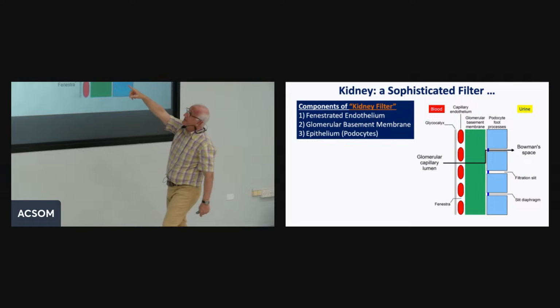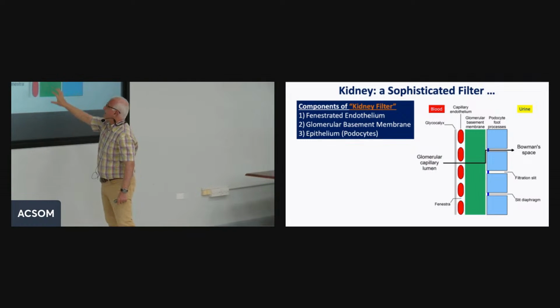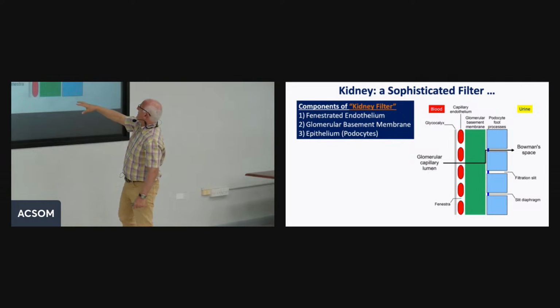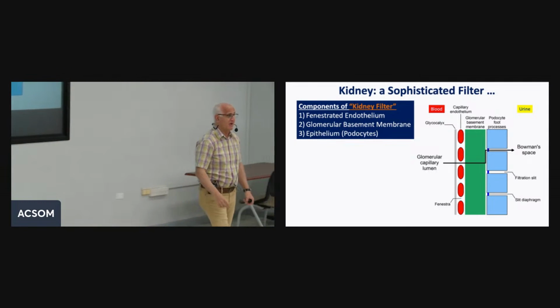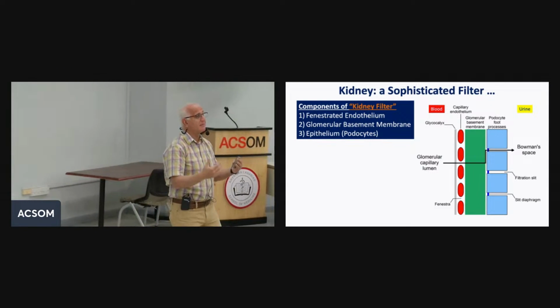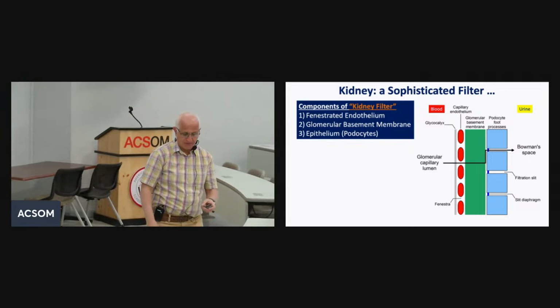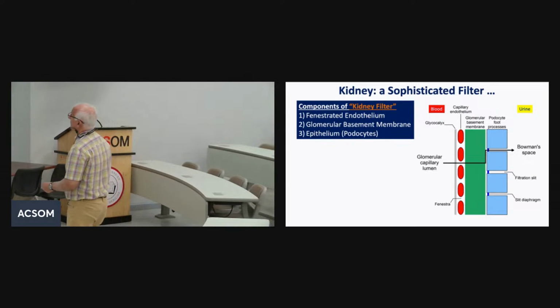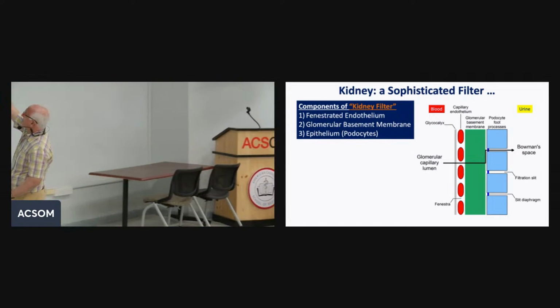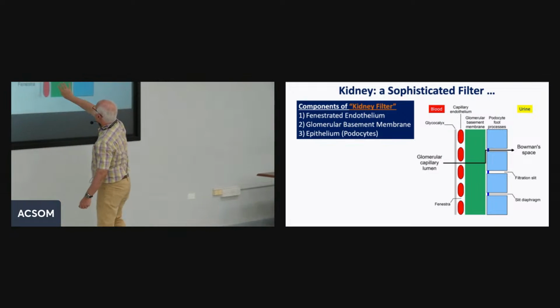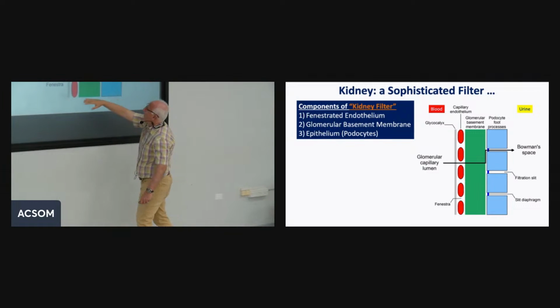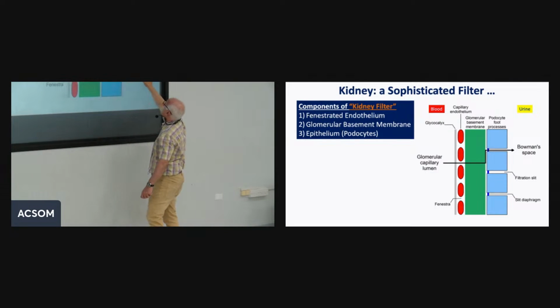The next one would be the basement membrane, a major matrix. The third one is a special form of epithelium that we call podocytes. You have heard about it quite a bit because you will have glomerulonephritis that is just dealing with this. So blood on this side, pushed from here, whatever is moving here, here you will have